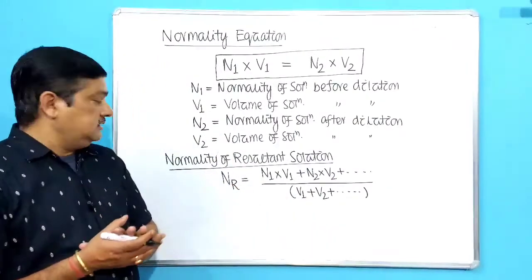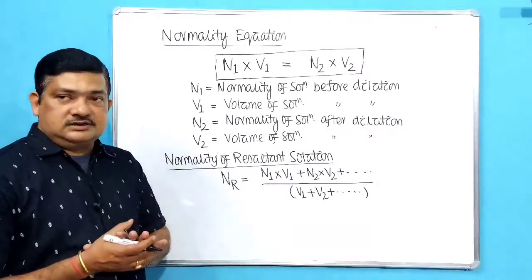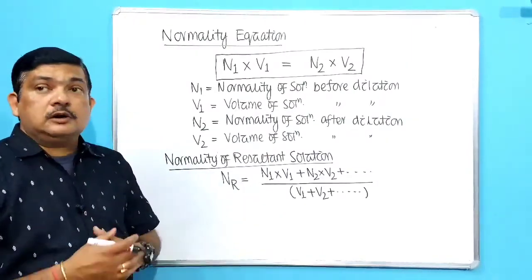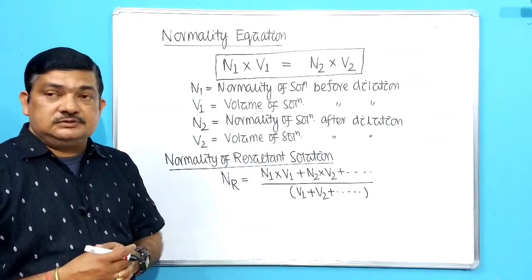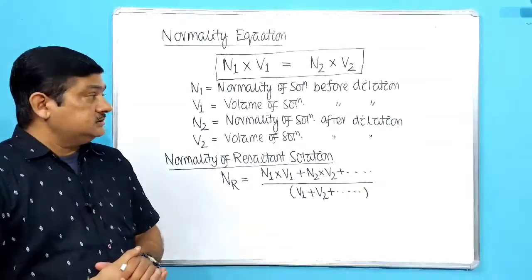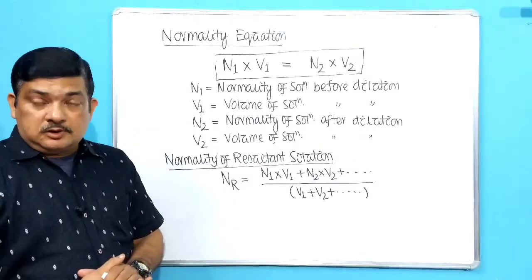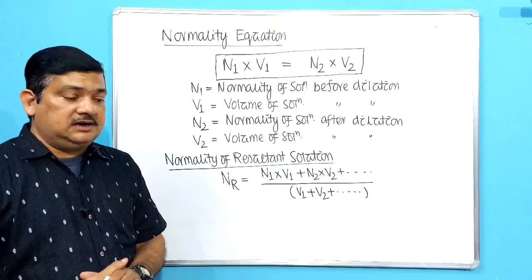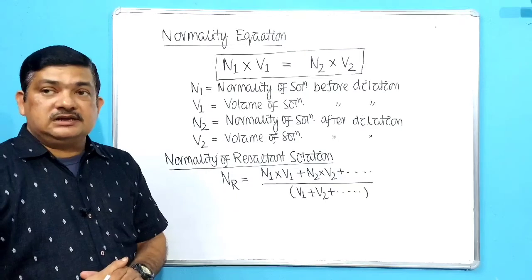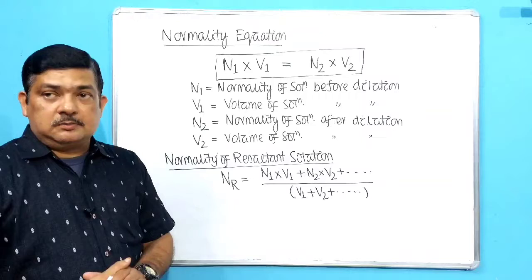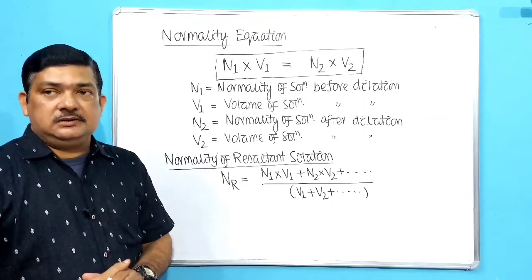So similar to the molarity of resultant solution, we can also calculate the normality of the resultant solution when two or more different solutions of the same solute of different normalities are added. Okay, students. So this is all about your molarity, then normality, and relationship between molarity and normality. So in the next class, we will conclude the concentration of solution with the last two remaining. That is an important one, molality and formality.